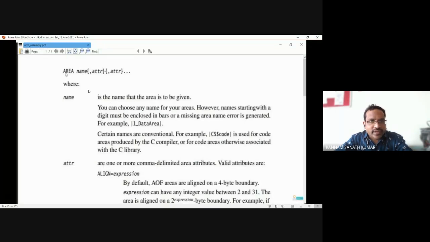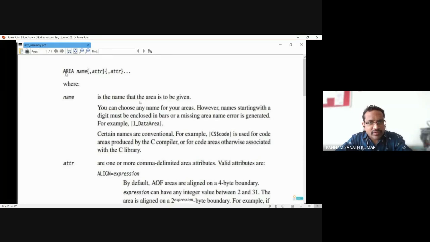Area is a name given to where you are writing the program. Suppose you are writing the program in code memory or data memory, that gives the area, and the name is the name of the program, and you have the attributes.